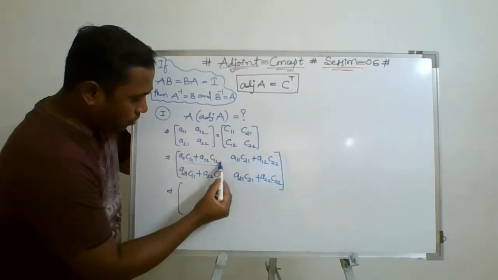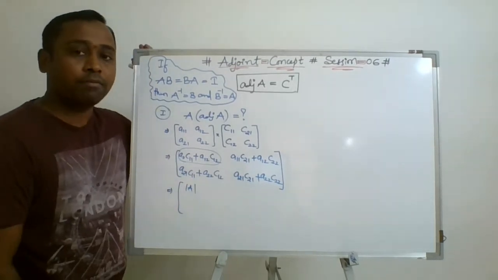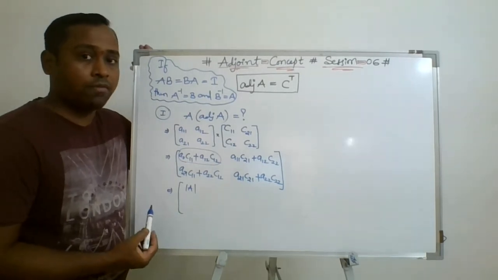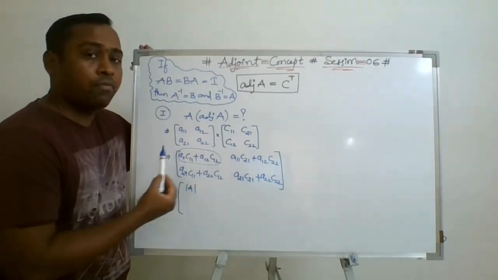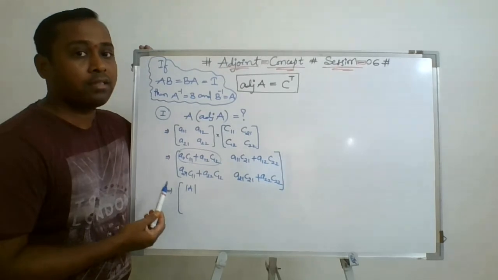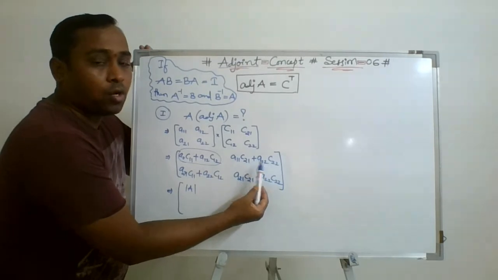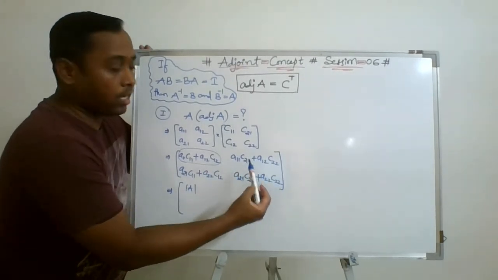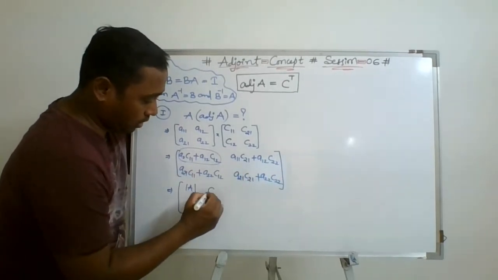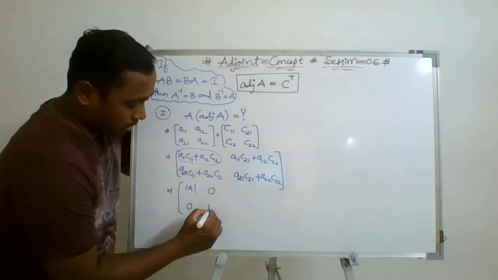this value basically gives the determinant of the square matrix A, as we have discussed this property in the last class, that determinant of A in terms of cofactor is simply the sum of the product of the elements of any row with their corresponding cofactors. By definition, if the elements are multiplied by the cofactors of another row, then the determinant value is 0. Hence this product becomes 0. Similarly, this element is 0 by definition, and this will give again the determinant.